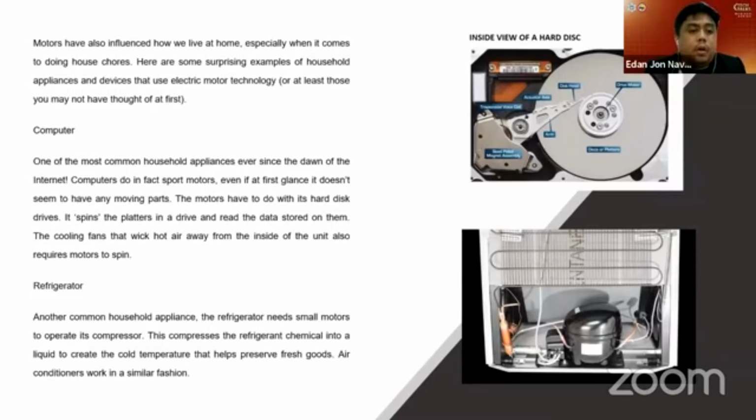Motors have also influenced how we live at home, especially when it comes to doing house chores. Here are some surprising examples of household appliances and devices that use electric motor technology, or at least those you may have not thought of at first. First is the computer. Yes, the computer uses a motor. One of the most common household appliances ever since the dawn of internet,